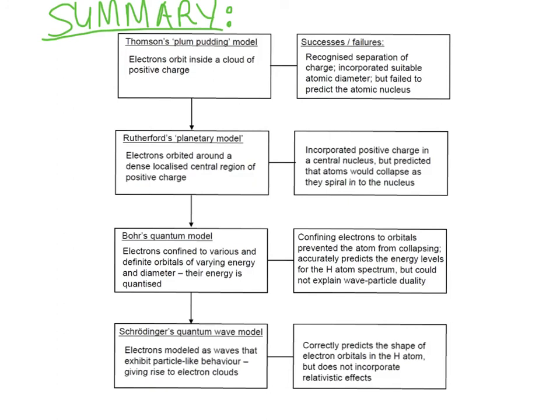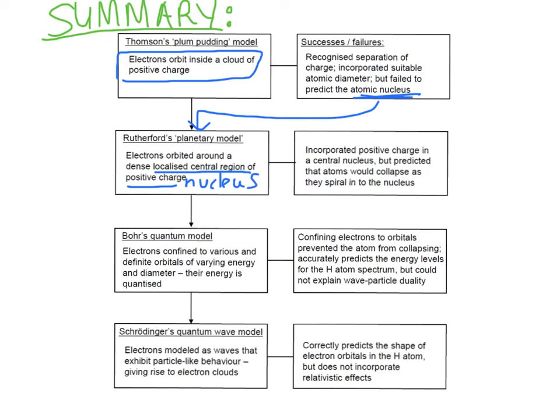Okay, so just to summarize, we talked about Dalton and his 5 postulates, and then Thompson came along and discovered the electrons. Something that he failed to recognize, though, was that there was a nucleus, which leads us right into Rutherford's model. He noticed that there was a nucleus, and it was positively charged, but he did not do very well when it came to the electrons. According to his model, the atom would just collapse. So that leads us right into Bohr's model. Bohr talked about